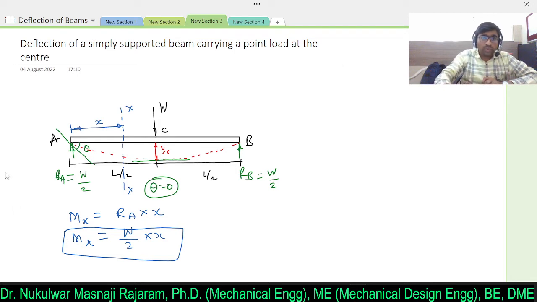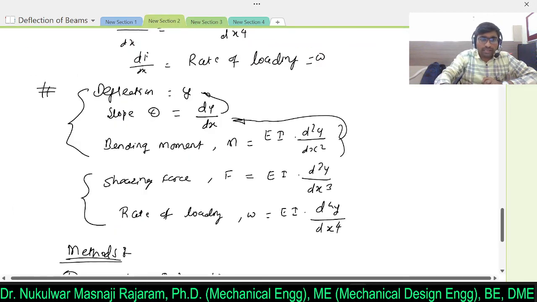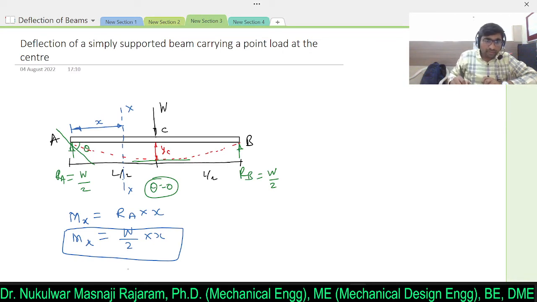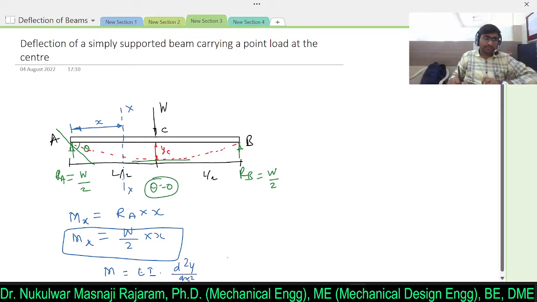Simple. Now in the previous video we have already learned the bending moment. It can be evaluated through this formula. At any section, if you want to evaluate the bending moment, then the formula is bending moment M equals EI into d2y divided by dx square. Simple. Now here I will consider this as equation 1 and equation 2. Now if you compare these two equations,